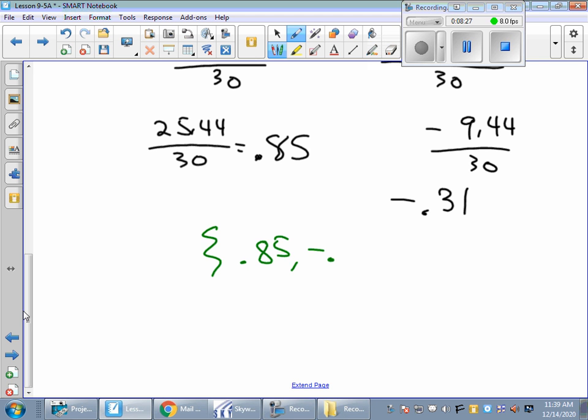So when we write the final answers to this one here, we're going to end up with a 0.85 and a negative 0.31. So again, when we take a look at these right here, that's what we're going to look at for a solution for these 2 questions. I'm going to stop the video here, and then hopefully it worked and we can